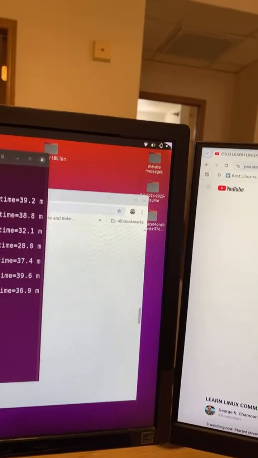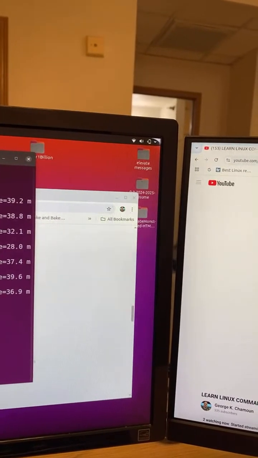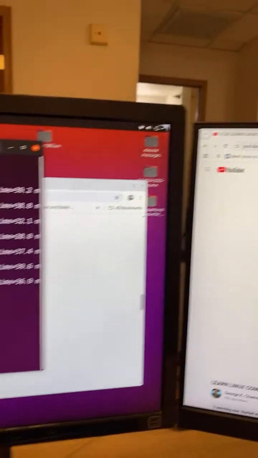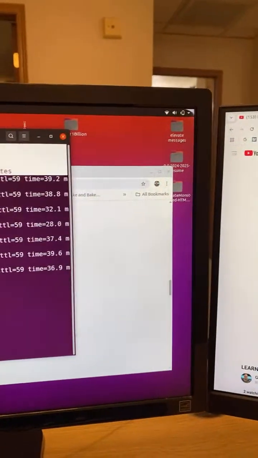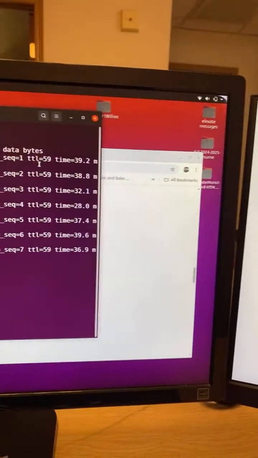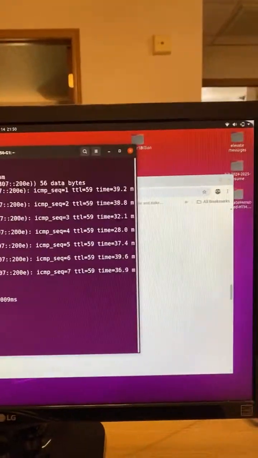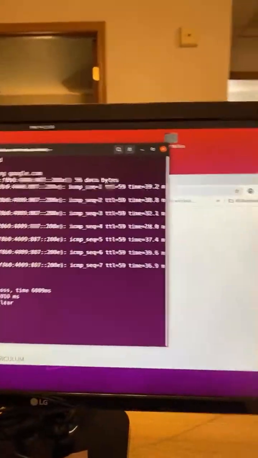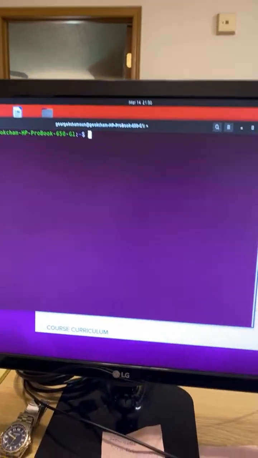It shows it's an IPv6. It's the ICMP sequence 1, 2, 3, 4, etc. So another command, clear. Clear will clear your screen. It will clear the screen, and you can type another one. Let's type